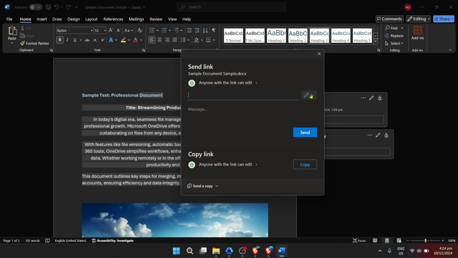Finally, remember the power of version history in Word. You can always review past editions of the document, an invaluable feature when multiple people are contributing to a single document. In summary, sharing a Microsoft Word document is a simple process, starting from the moment you click on the Windows Start menu to when you type and select Microsoft Word, navigate to the Word home, and eventually click Share to add the names or emails of your intended recipients. By following these steps and utilizing the tips provided, you'll find that sharing documents not only becomes an effortless task, but also a gateway to more productive and collaborative endeavors.